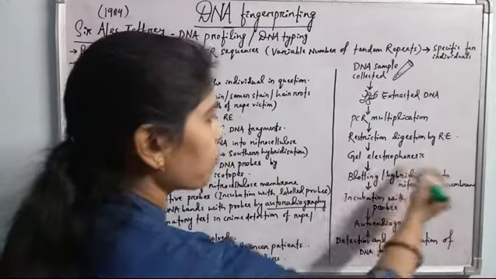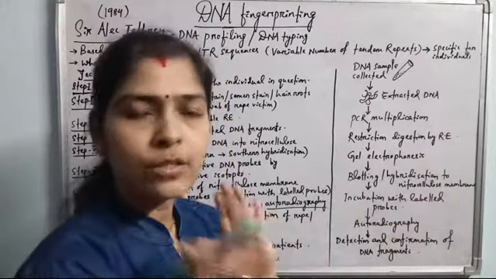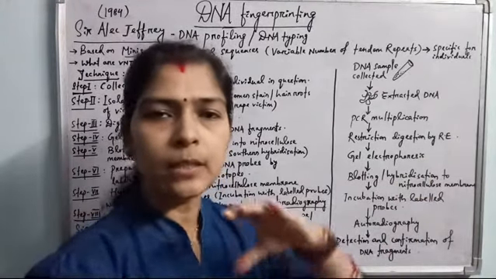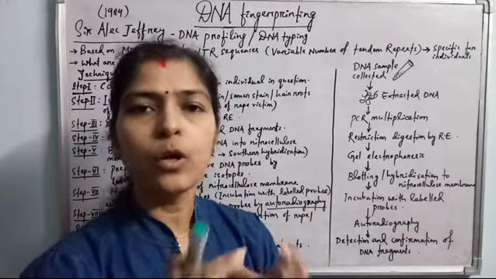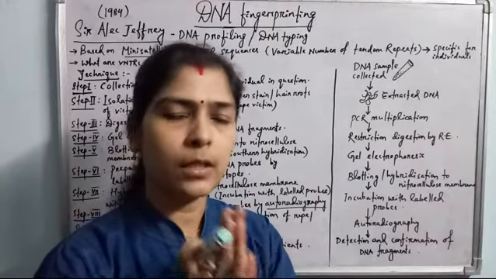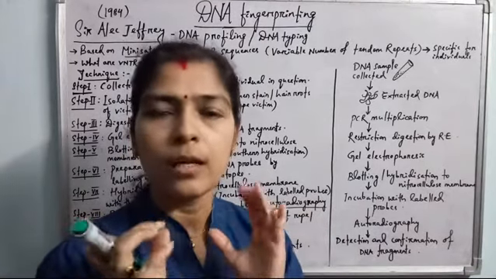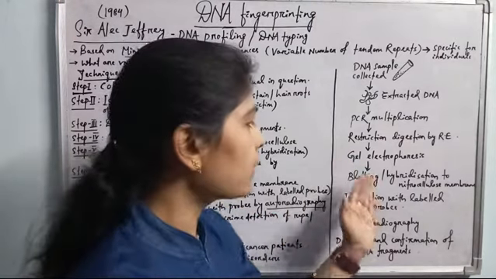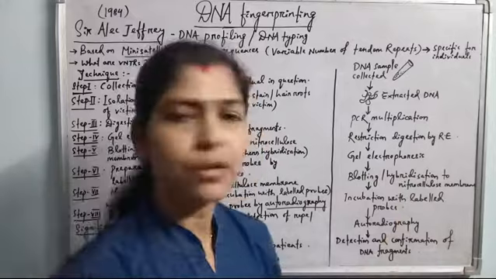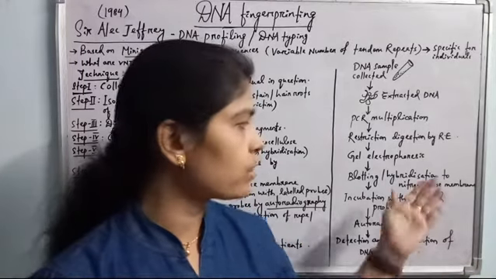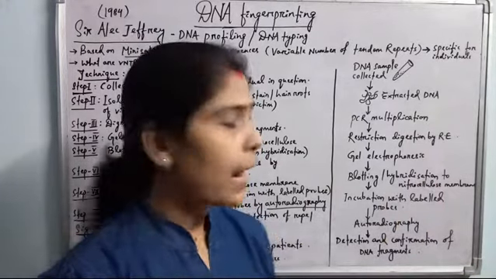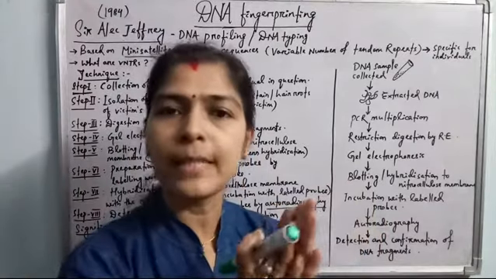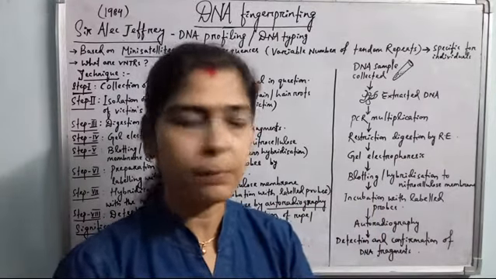Then the DNA in the gel is treated with ethanol to linearize the strands of DNA. That is, single stranded DNA is made in the gel, and from the gel it is blotted and transferred onto the nitrocellulose membrane. As we have discussed, the nitrocellulose membrane is positively charged, and DNA can be transferred from the gel onto the nitrocellulose or nylon membrane.